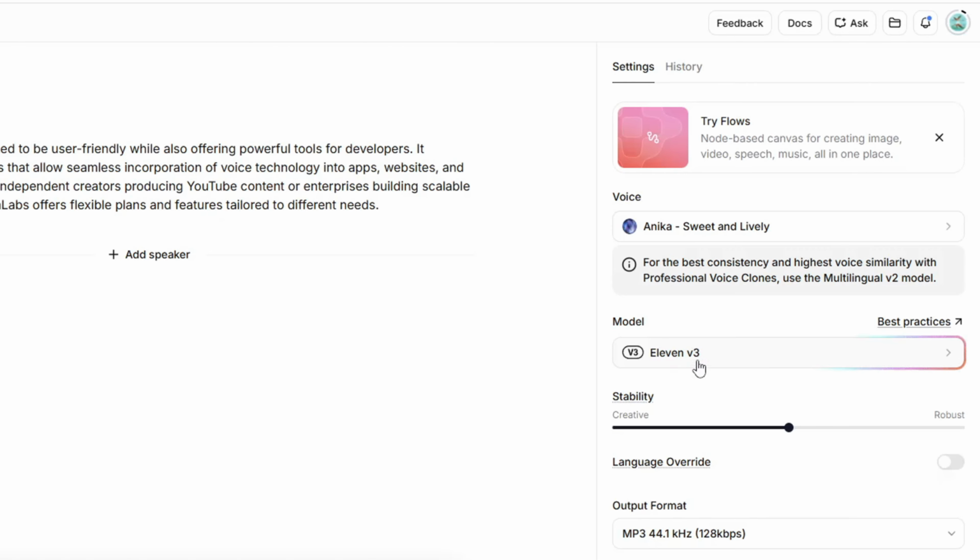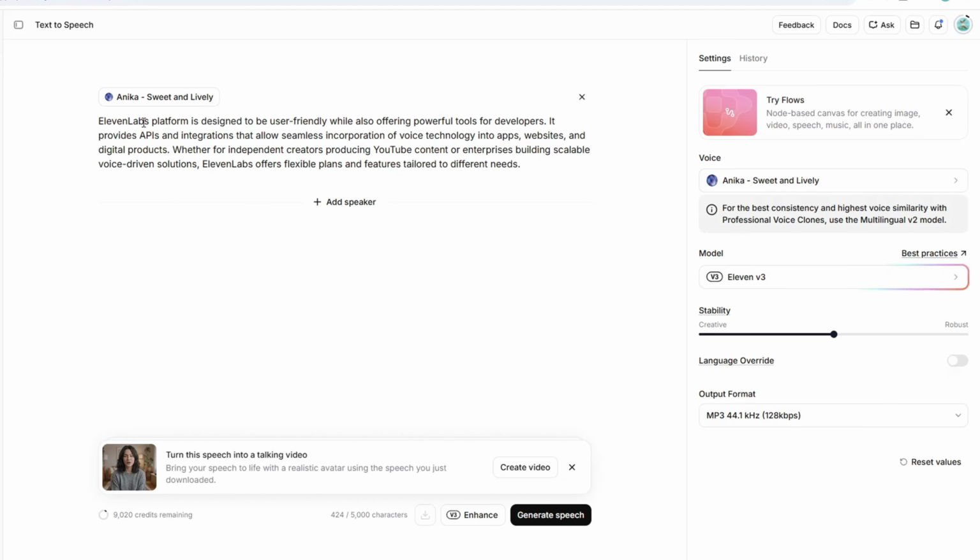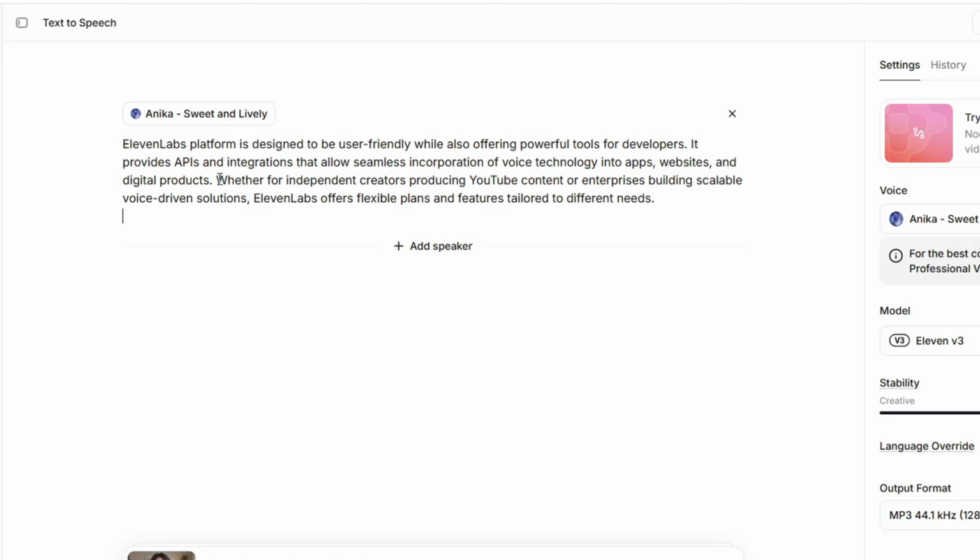Now for the key part. It's best to add tags, and in this case, you can simply type the word pause inside square brackets. To do this, go into your script and place your cursor exactly where you want the silence to happen. Then type open square bracket, pause, close square bracket. When the text is processed, this will trigger an appropriate and natural sounding silence, without the AI actually saying the